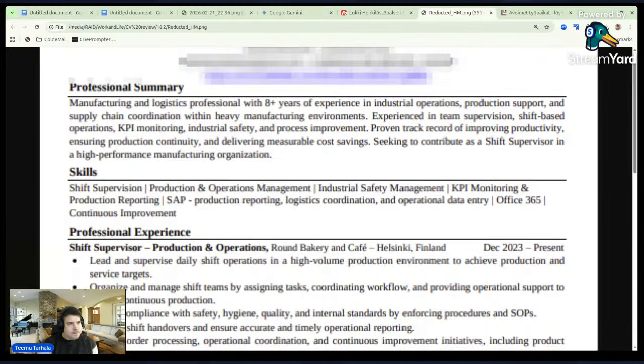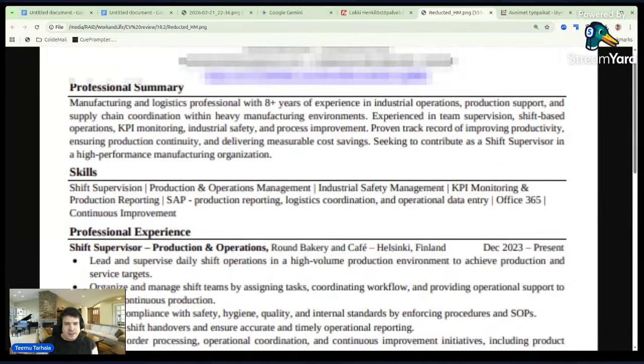Okay, here's a lot of good. First of all, we state what kind of professional we are. And then we have 8 years plus experience. And then we name where we have that experience. Really good. Then we mentioned where we want to shift. But what do we have missing here? How would I change it?